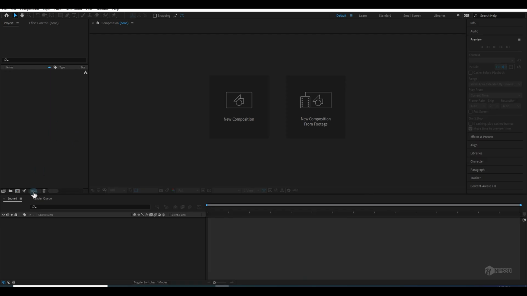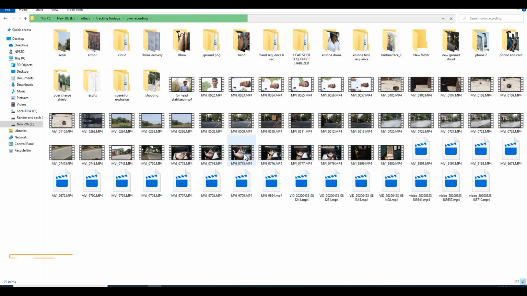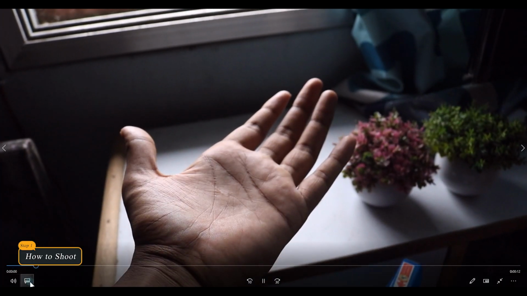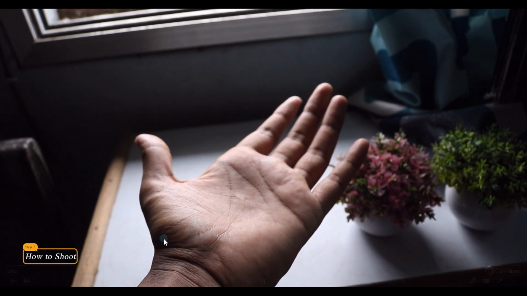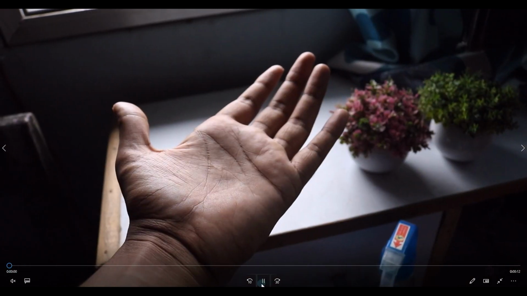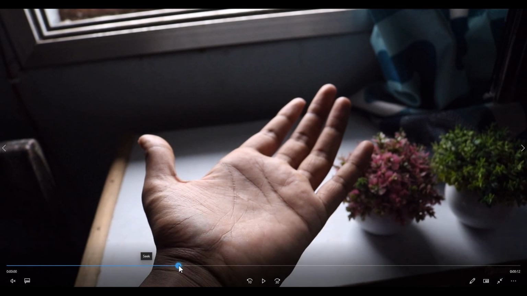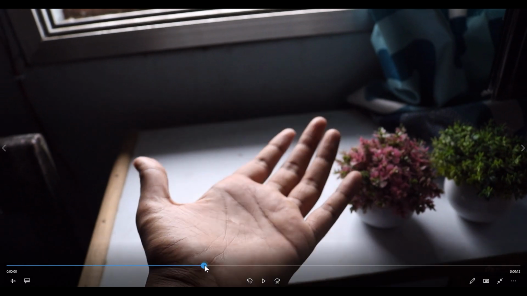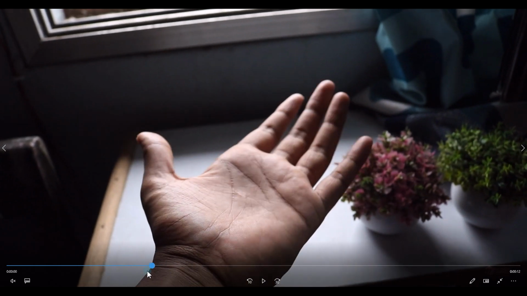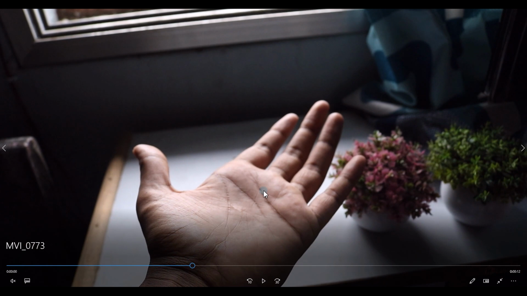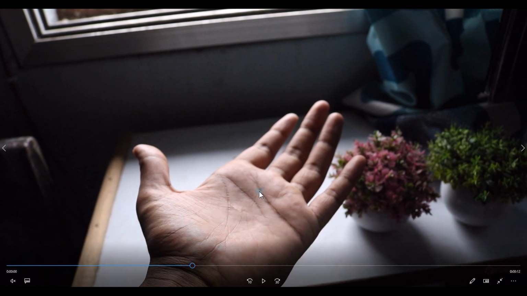So let's move to my first step. Here are a few clips of my hand. You can see I shot this footage with my DSLR, but you don't especially need a DSLR for shooting. The main idea when you try to put any object on a moving thing, like in this scene my hand is moving, is to make sure it is almost in the center and big enough to track.